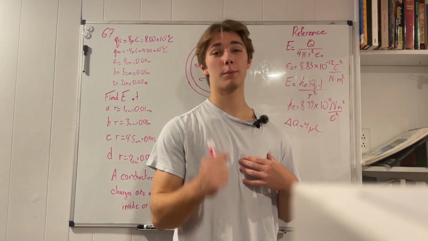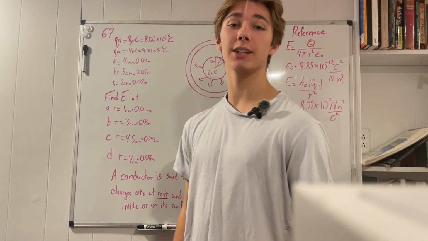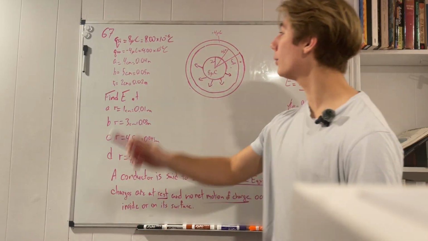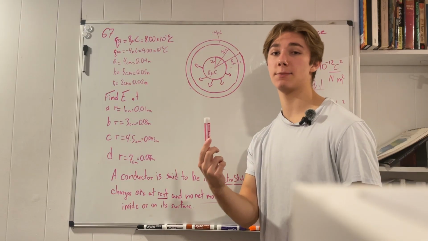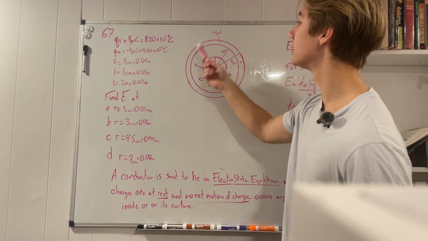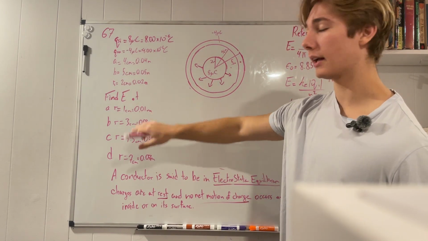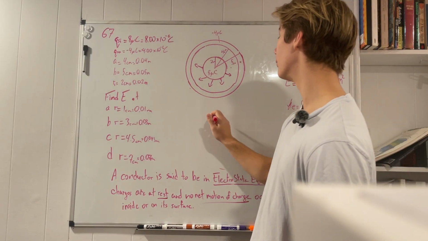Today, we're going to be doing problem number 6-7, a Gauss's law problem. What we're going to be doing is finding the electric field at different radiuses in the experimental setup. Now, what we have here is an apparatus of a solid conductive sphere surrounded by a solid 1 centimeter thick shell. A is asking for us to find the electric field at a radius of 1 centimeter, which